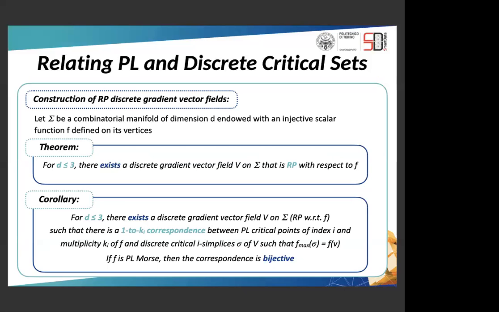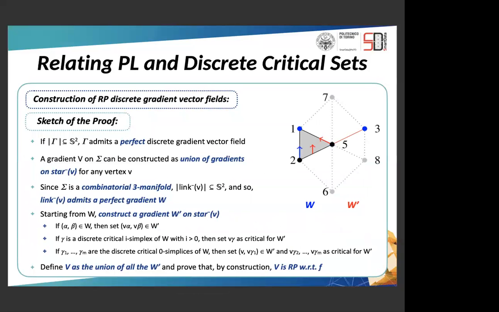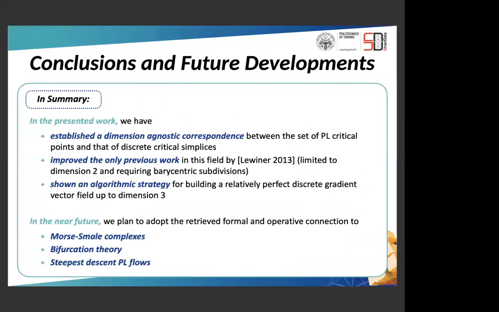So up to this dimension, we will have an RP gradient vector field, and so we will be able to realize such a correspondence. These are the steps in order to build such a relatively perfect gradient vector field for complexes up to dimension 3, but I think I'm going out of time, so I prefer to focus on the conclusion and the future